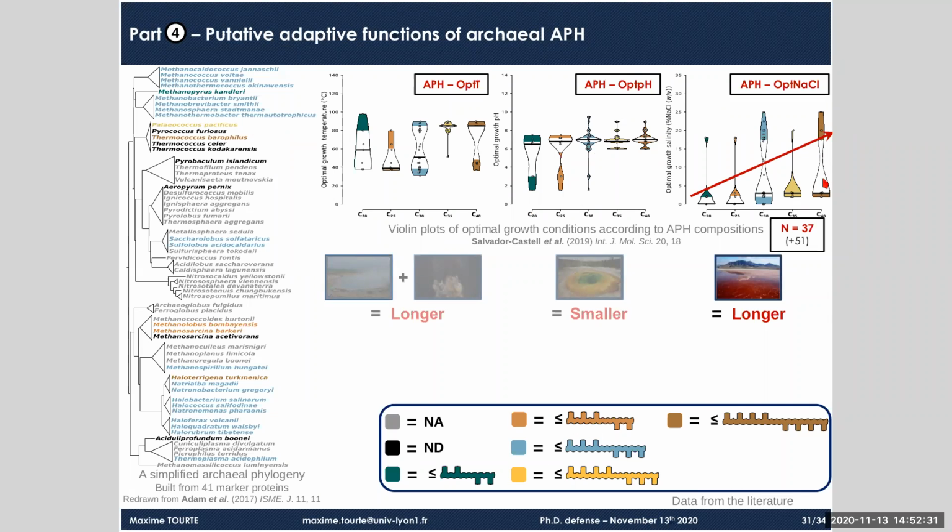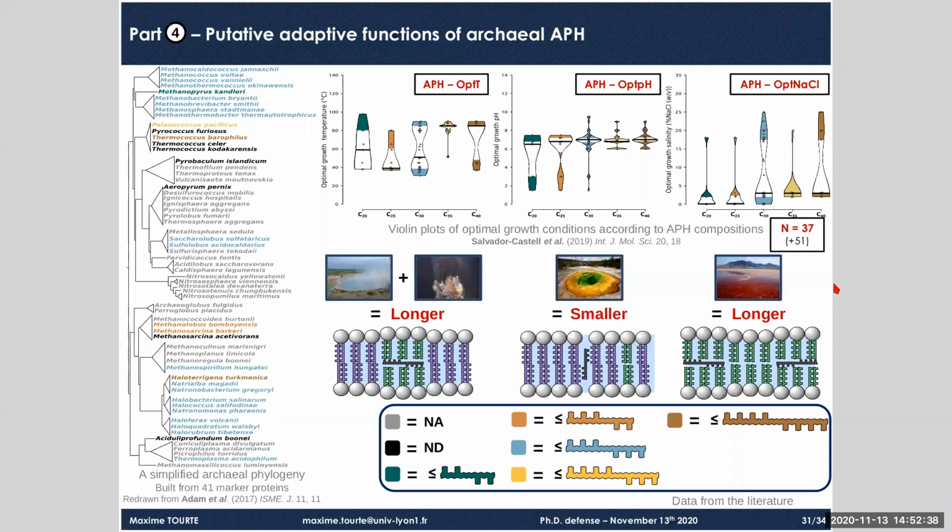So this suggests that apolar polyisoprenoids could be important for the adaptation of these organisms, but it also makes sense if we go back to the core lipid composition of these strains. For instance, if we look at the thermoacidophilic strains here, they synthesize a vast majority of tetraethers, and their membrane is thus mostly in the form of a monolayer, in which inserted long apolar polyisoprenoid is hard to imagine. And so that could be why they tend to synthesize smaller compounds.